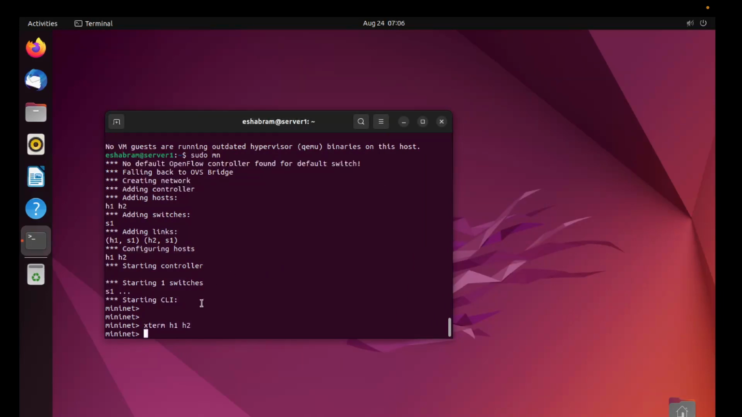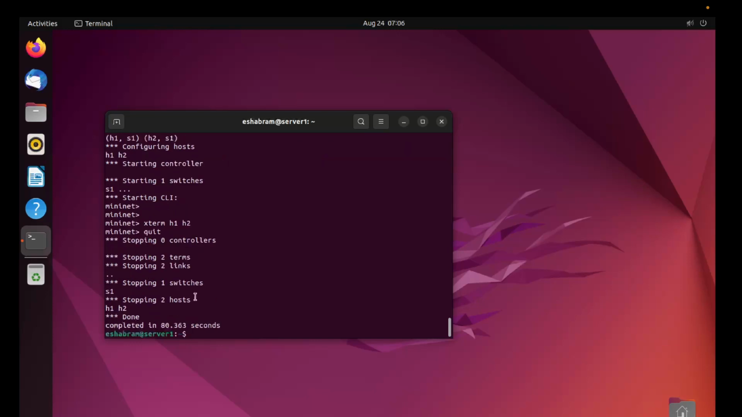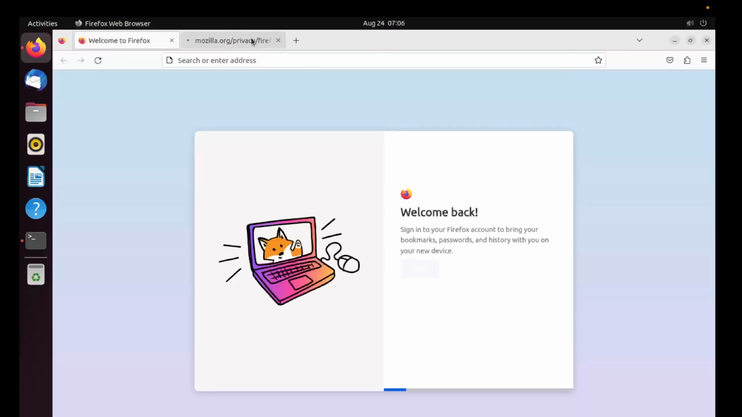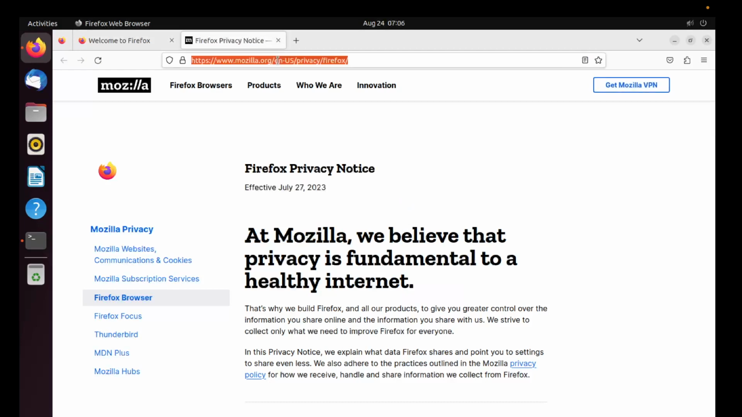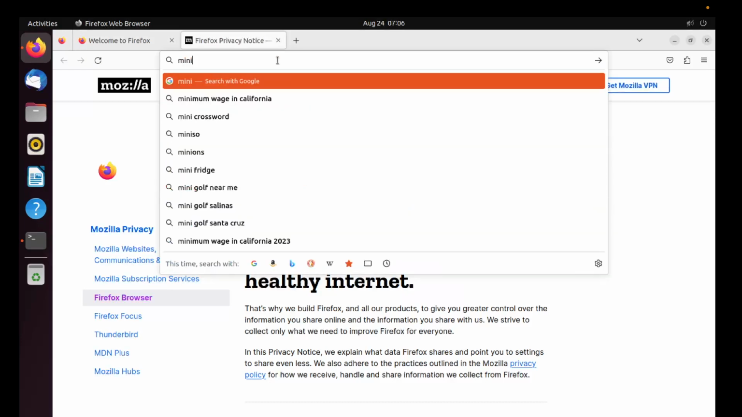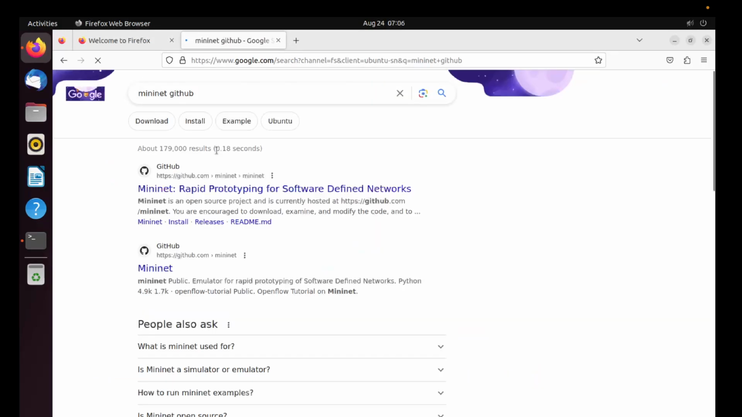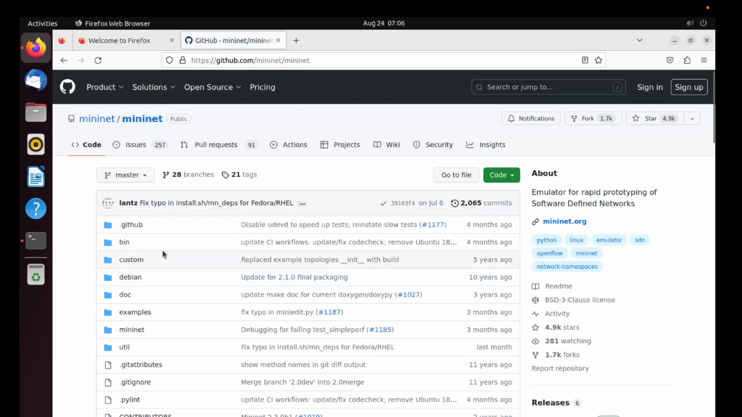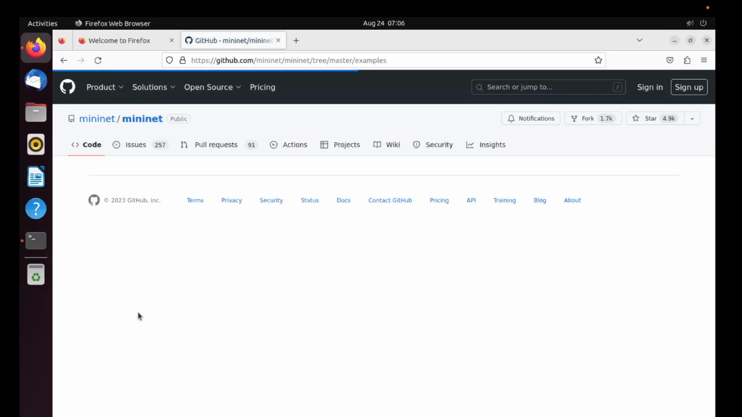If you want to get out of here, you either type quit or exit, either one. But one more little bonus is that when you're having trouble figuring out how to write scripts for Mininet, I found GitHub really useful. Go to the Mininet GitHub and just take note of the examples. The example scripts,